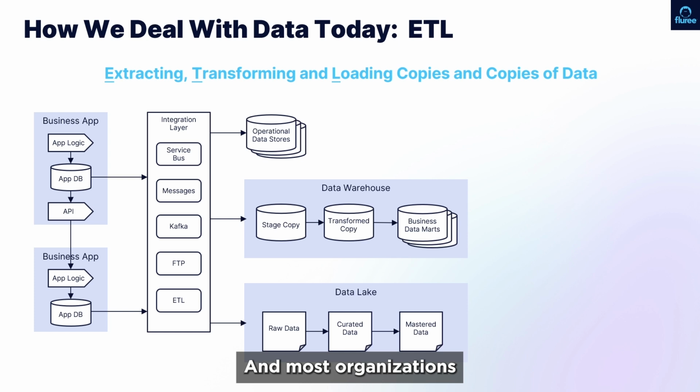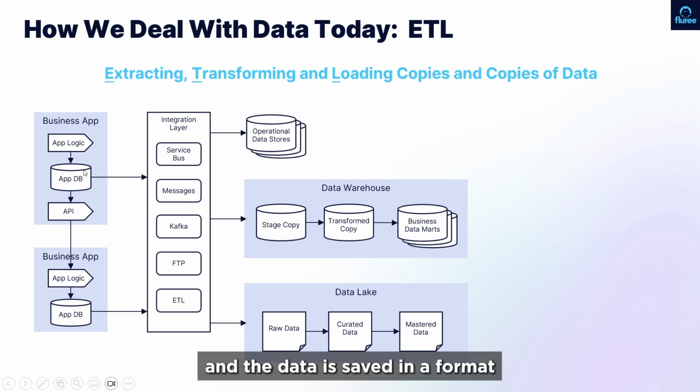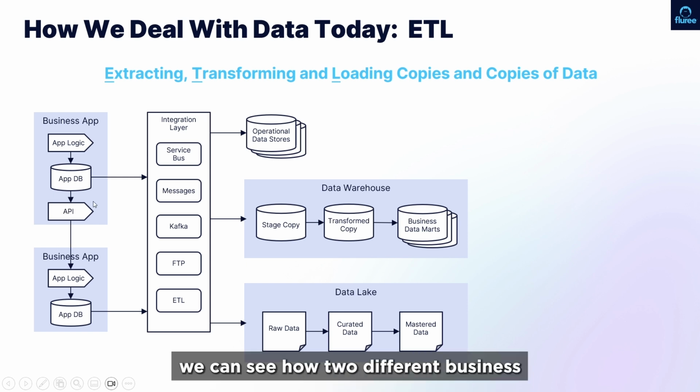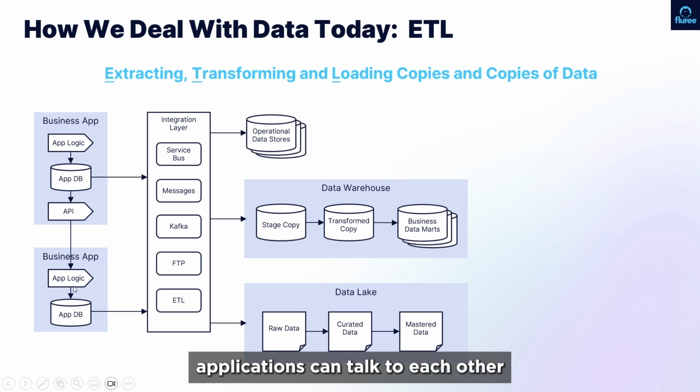And most organizations have a data management architecture pattern that looks like this picture. In this picture, we have a business application. And as we just described, the business application has a set of logic that creates data. And the data is saved in a format that is optimal for the logic that created it. And many applications will contain programmable interfaces or APIs that will allow other business applications to be able to connect to it. And so here we can see how two different business applications can talk to each other via an